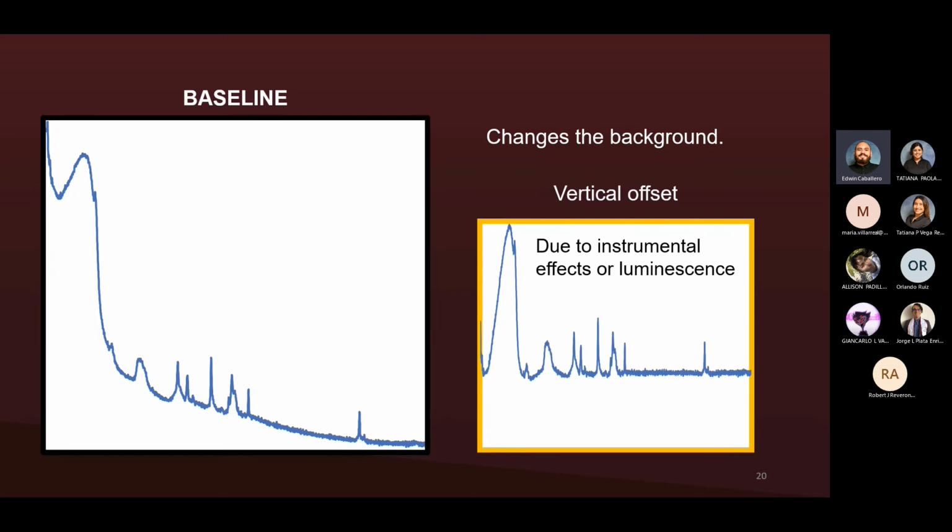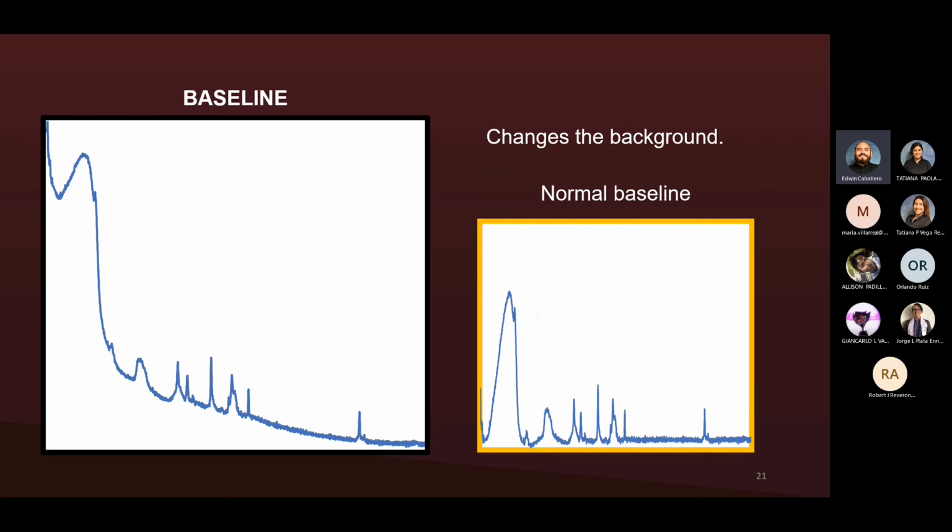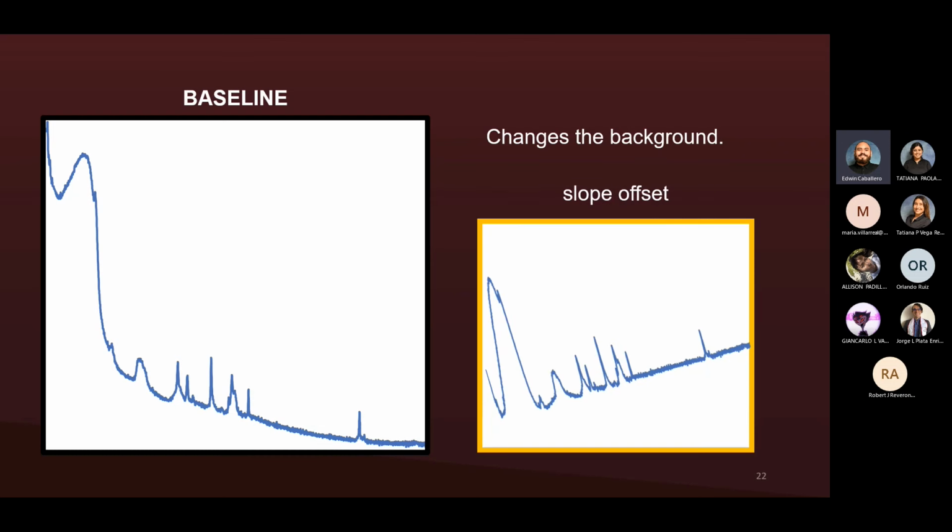And this may happen due to instrumental effects or even luminescence. Another type of baseline effect is when it looks like a slope, like a positive slope. In this case, it's also due to instrumental effects, but